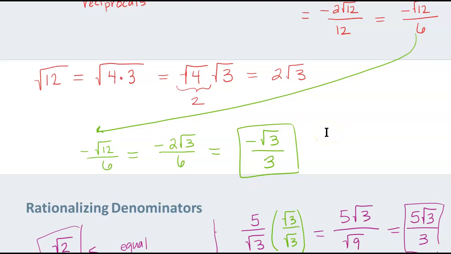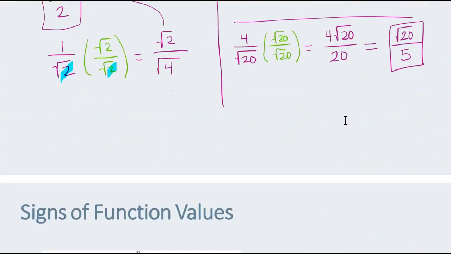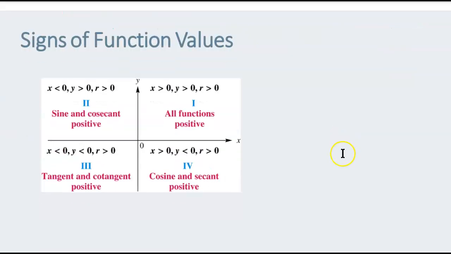Again, if you're using the TI-36 calculator, if you type in a fraction, there's a fraction bar, and if you use the fraction bar and type in the square roots, the calculator will automatically rationalize them for you. I'll show you that in class on Tuesday. All right,